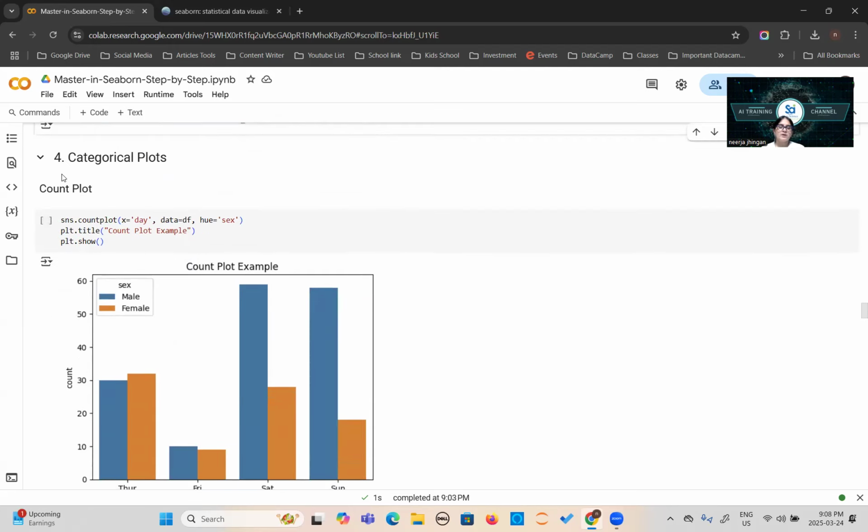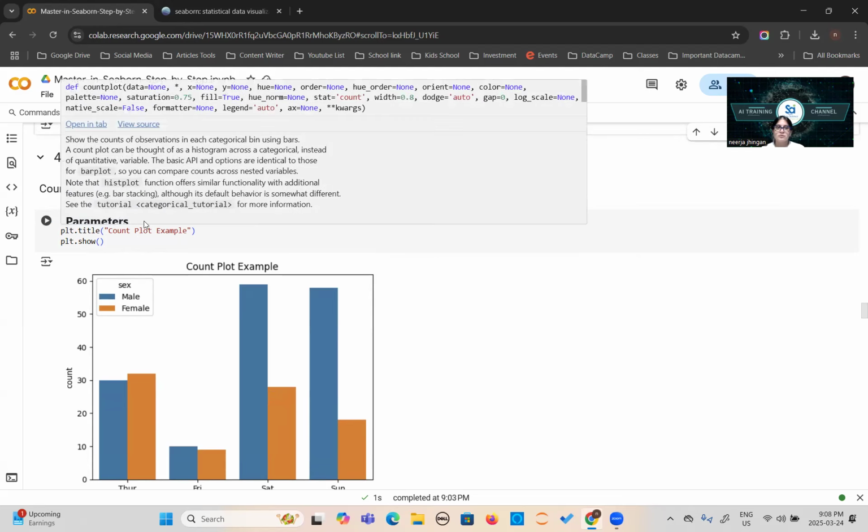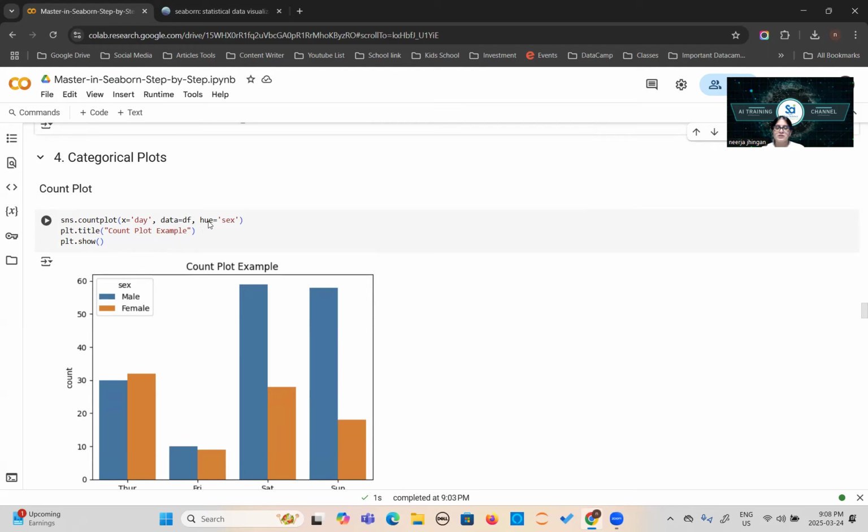Now we will talk about the categorical plots using the Seaborn library. First one is the count plot, very useful when you want to just show the total counts, what happened based on your requirement. Here we want to check on which day how many male and female went to the restaurant. So we will say seaborn.countplot, x equals day, data equals d, hue equals